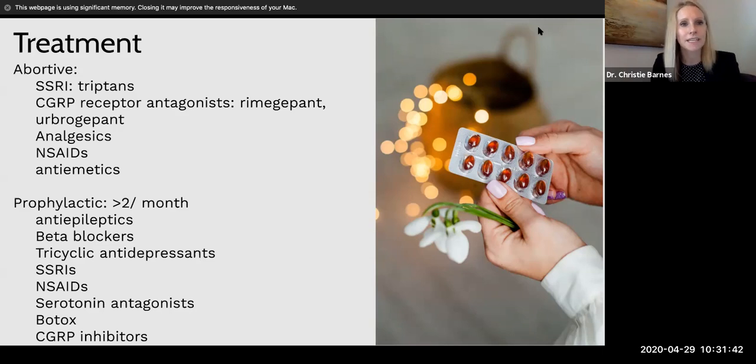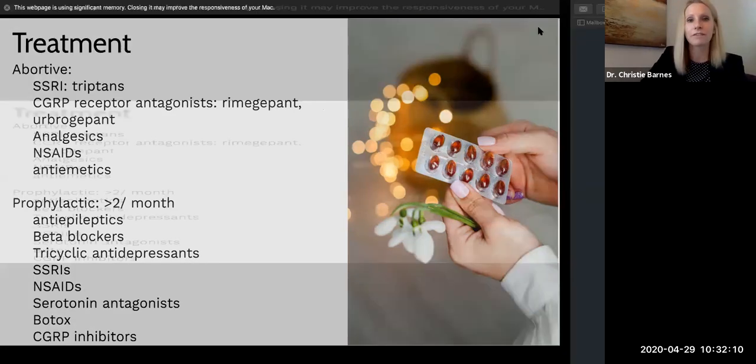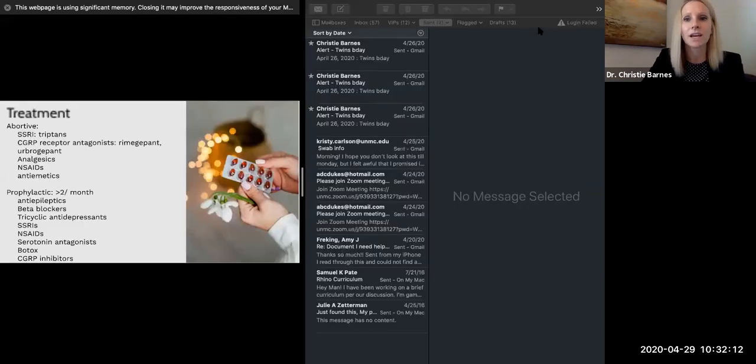There's Rimegepant, excuse me, not one I say very often, and a couple other CGRP receptor antagonists that are out on the market that your neurologist may prescribe. And then again, NSAIDs, antiemetics, and other analgesics. Again, we're trying to avoid narcotic overprescription these days, so that's not in the treatment algorithm. And then prophylactic measures. So if they have migraines more often than